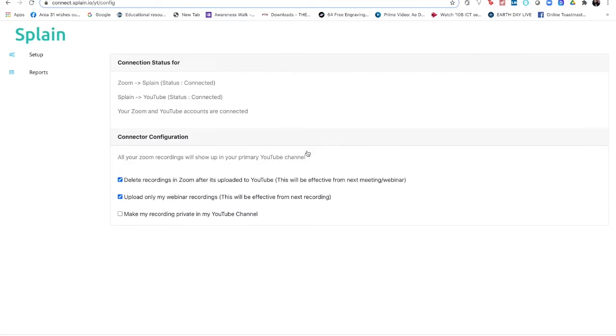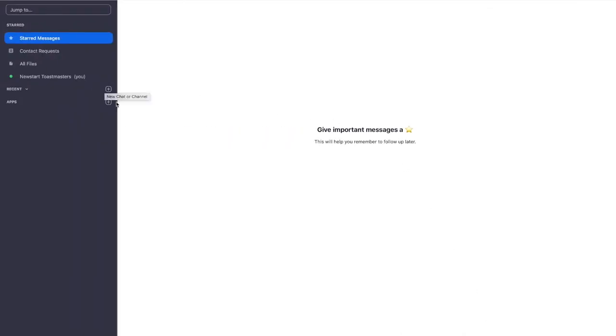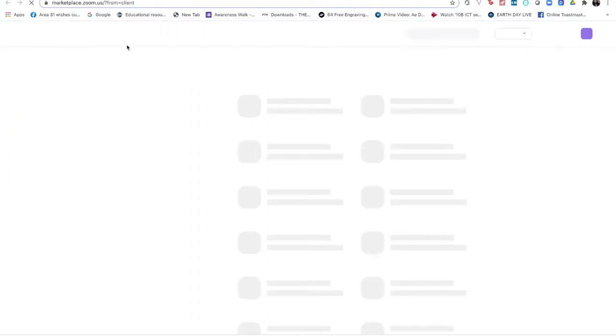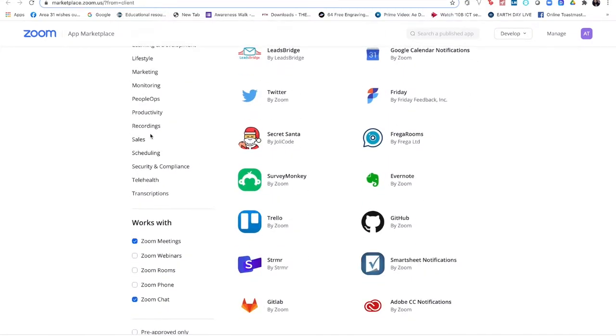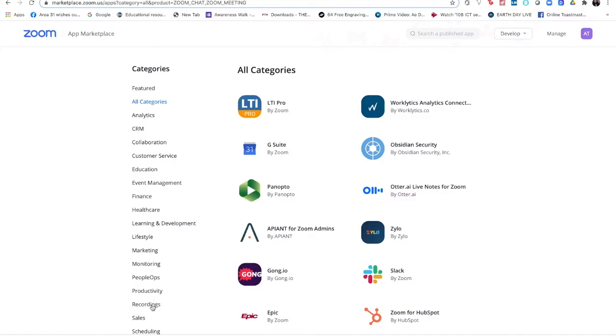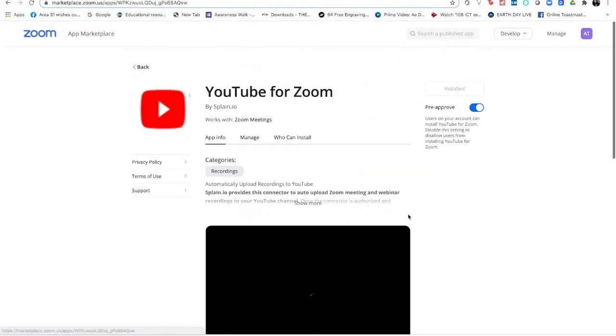You get immediately a mail saying that you've given an access. Is it you who's given an access? Those are all the security ones. So now here in configuration you can see, no, I'm not going to show you all configuration now. I'll just quickly go back to my Zoom, again go back to app, the marketplace, and Zoom meetings and recordings. Okay, here I'm going back there to Zoom.